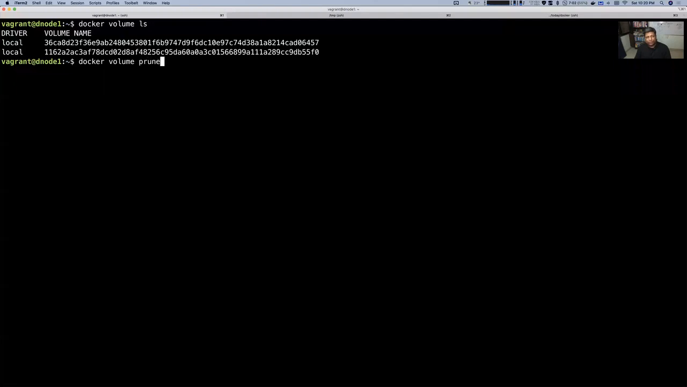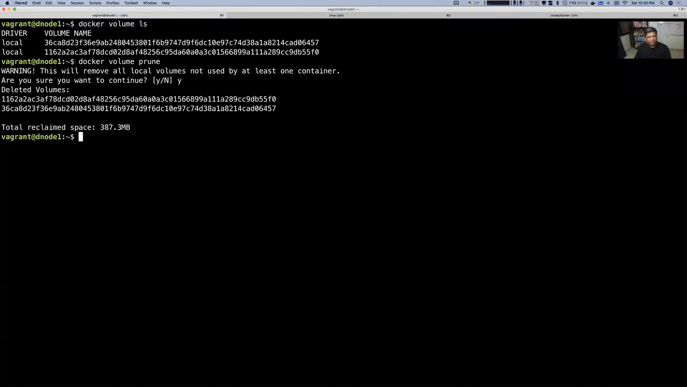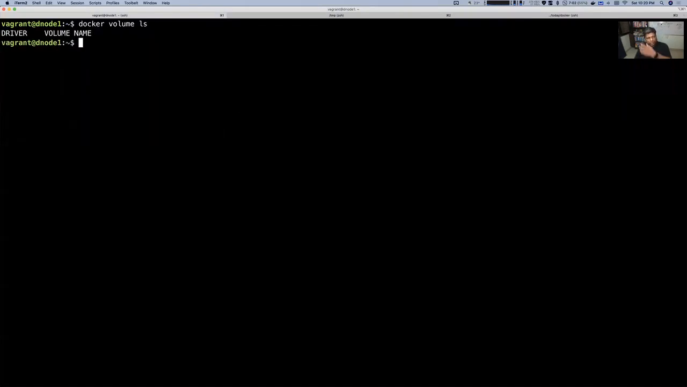I can use the volume prune command and see if it is deleting it. Right now, those containers are also deleted. So the volumes we could see last time, they also got deleted. So there is no volume here. I want to create a volume here. I'm going to say docker volume create, and I can say maybe my volume, whatever you want to call it. So my volume